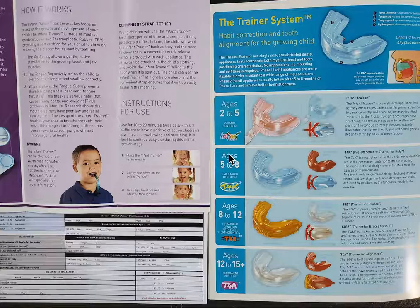So overall goal, let me tell you a little bit about the infant one. The infant one is a single size appliance that encourages patients to chew correctly. Let's go back to the whole thing about how our jaws are generally underdeveloped because of our soft diet, because we're not exclusively breastfeeding for 2 years. We're using bottles and pacifiers, right? Very few of us are going from the way we're supposed to be, which is nursing for 2 years exclusively, onto hard and chewy foods that are not cooked and processed,